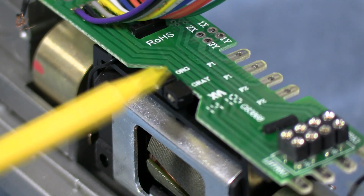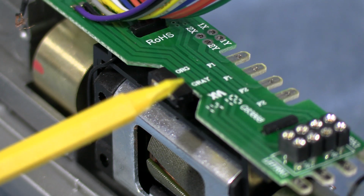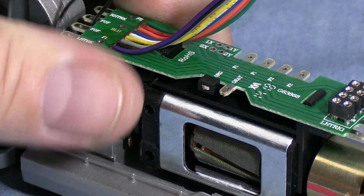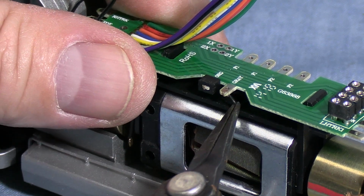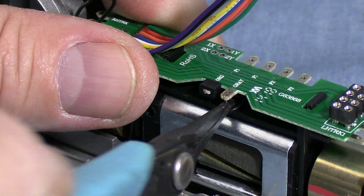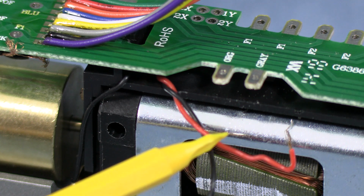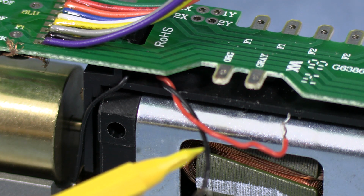Before I remove the motor leads, note that the light board labels them orange and gray, even though the wires aren't those colors. The DCC standard has a color code to make it easier to tell which wires are for what purpose. Instead of orange and gray, Athearn used red and black, where red stands in for orange and black stands in for gray. It's important to make a note of that, otherwise the model's normal direction of travel could